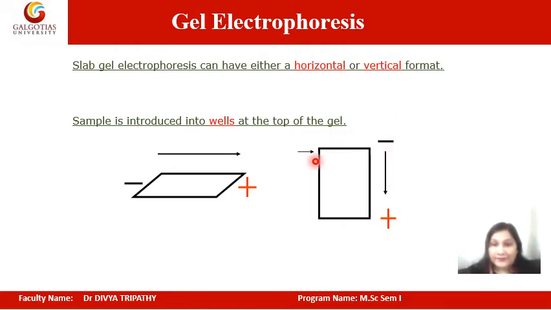This vertical type of gel electrophoresis is also under the influence of gravitational force, and this type of gel electrophoresis will give results earlier when we compare vertical electrophoresis with horizontal electrophoresis. But both have some advantages and disadvantages that we will learn in the coming slides.